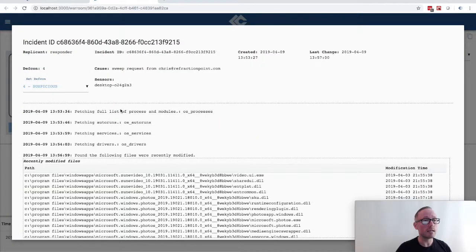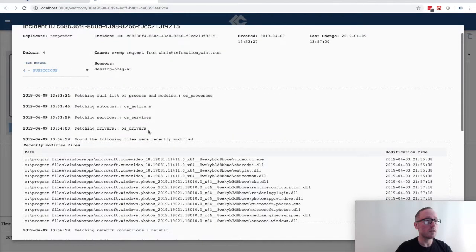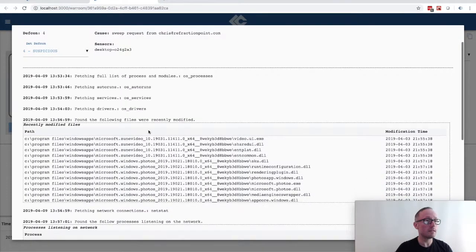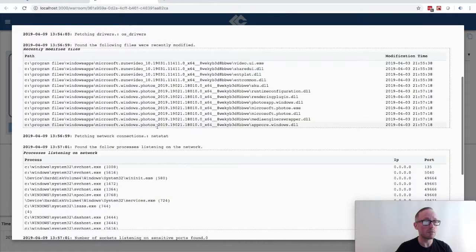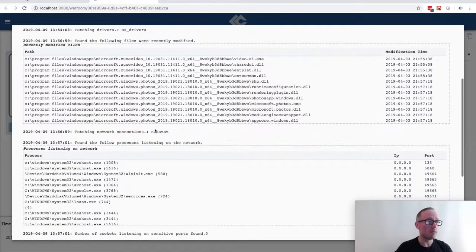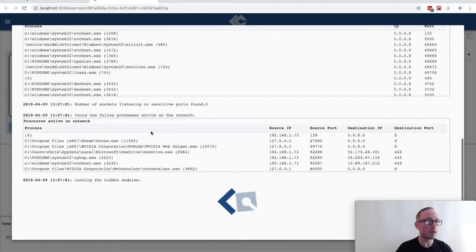You'll see a running list of the type of information that's been brought back on the endpoint. It's all displayed in real time, and we can kind of read through it to give you an idea of the stuff that we're getting. So we got a full list of processes and modules, autoruns, OS services, OS drivers, list of the files that were recently modified. We got a netstat, list of the processes listening on the network, number of sockets listening